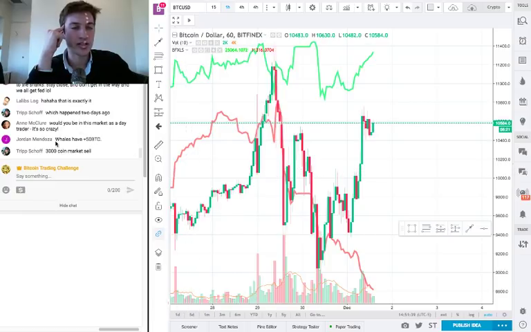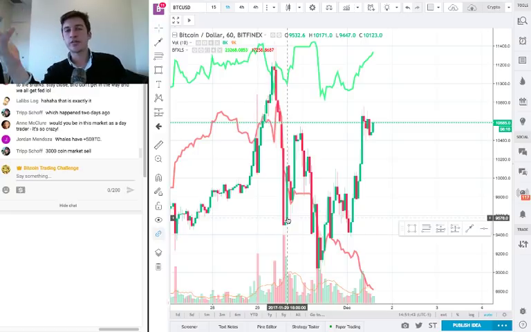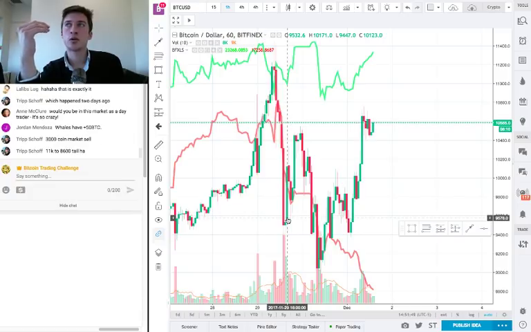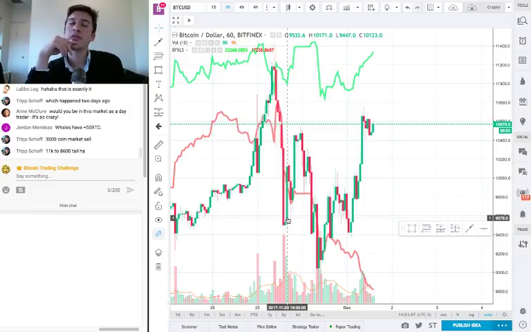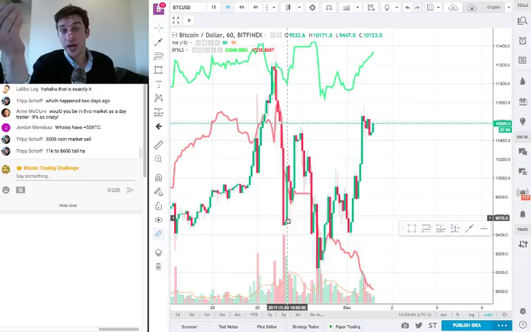Would you be in this market as a day trader? It's so crazy. Yeah, I used to day trade, and it was okay, but I found that the best way to make profits actually for me was to just trade with days. I know that sounds weird, but day trade with days. Trade over a period of, I'd say, minimum 4 or 5 hours to a week or two, or you can go longer too if the uptrend's still intact. Hold, but